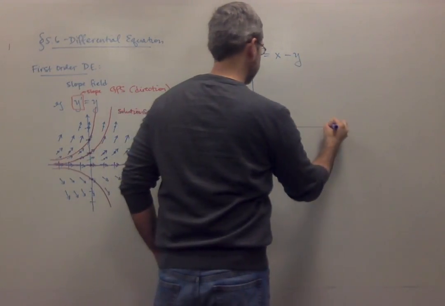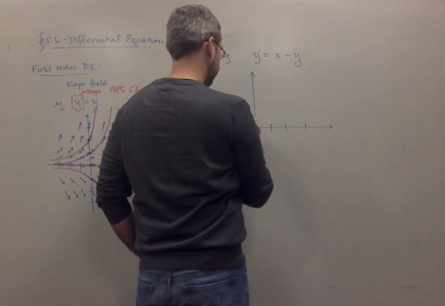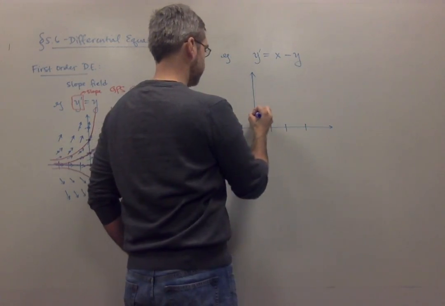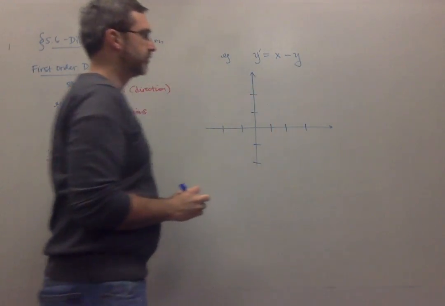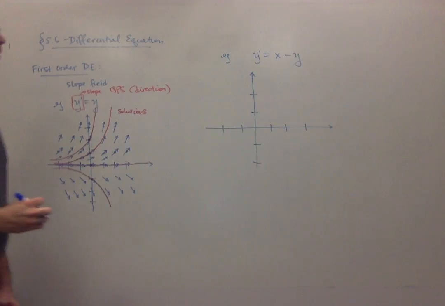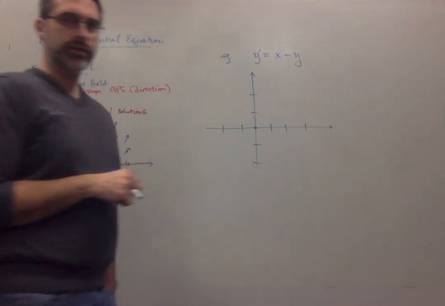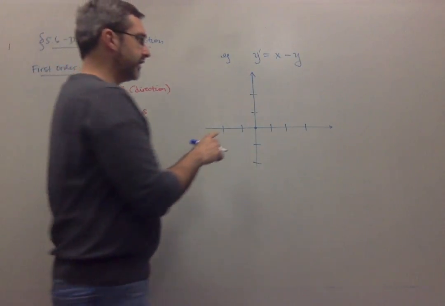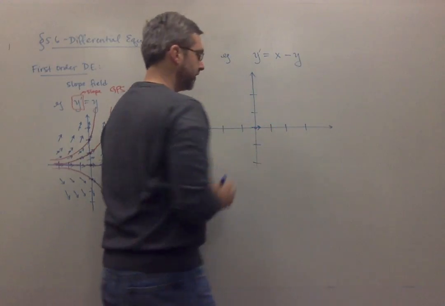Okay, so I'm going to draw some axes. We're not actually trying to solve this differential equation yet. Just want to draw what the solutions might look like. So let's start with a point. We just start picking points and plugging them in and seeing what the slopes are there. So when x is 0 and y is 0, the slope is 0. So we're going to have a horizontal